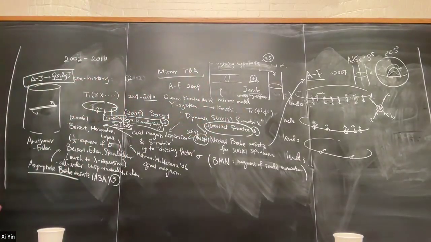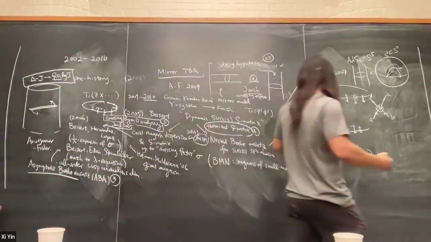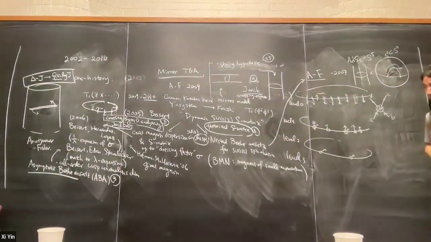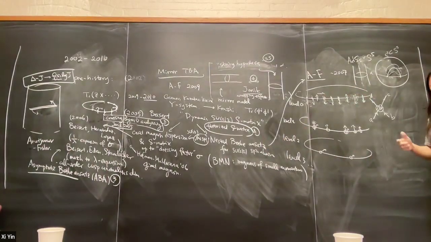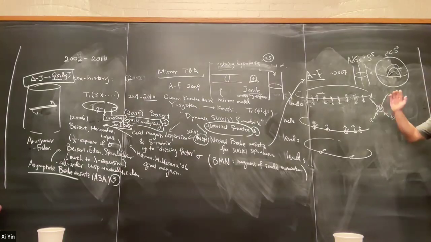But it wouldn't tell us about this dressing factor and all these things, right? Well, that requires a more careful study of a long string. So yes, if you want to reproduce the dressing factor, you have to look carefully at the very long string. You have to have a large quantum number. But that's why I want to discuss this, because you need to know what to look for.